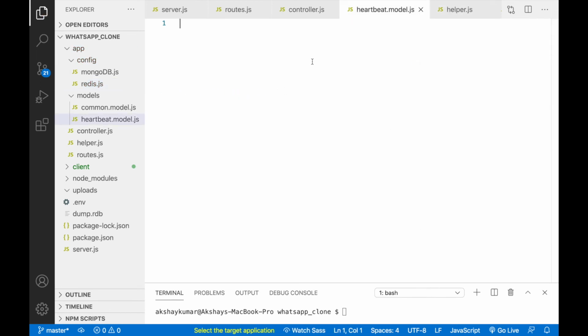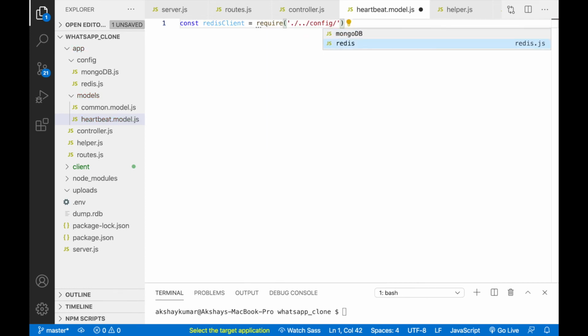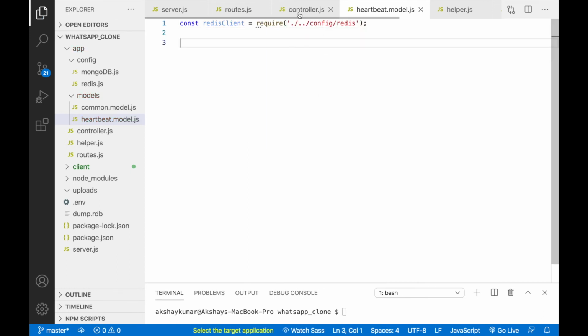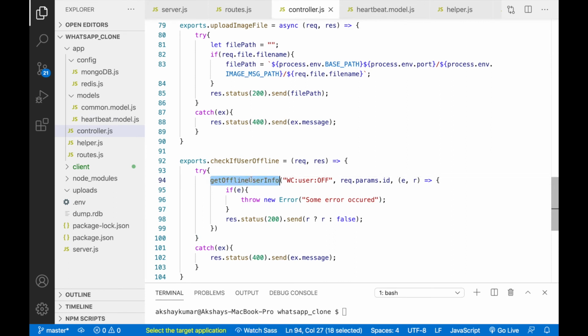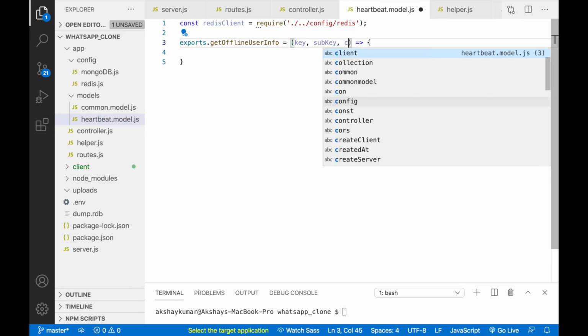So now we can go to the heartbeat model. We'll write const redisClient equals require, we'll go to the configuration and redis. Now we can write that method, that is getOfflineUserInfo. So we can write exports.getOfflineUserInfo equals, this will take key, then sub key, and then one callback function, right?